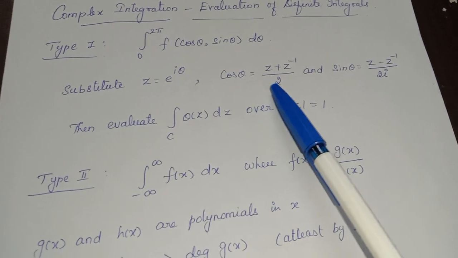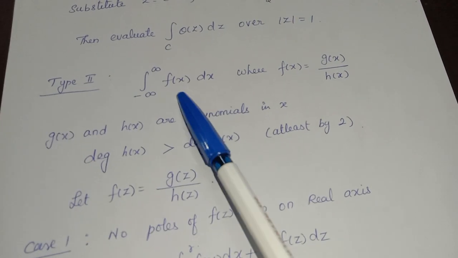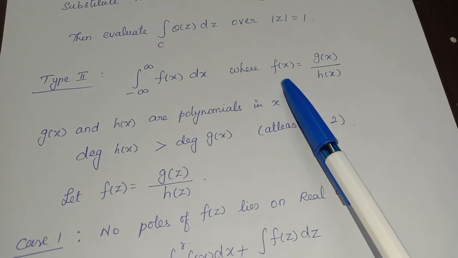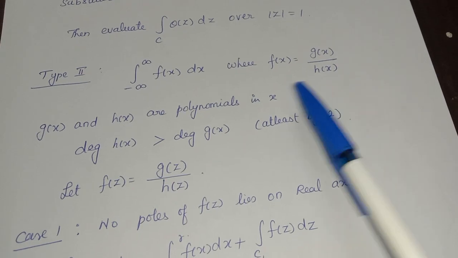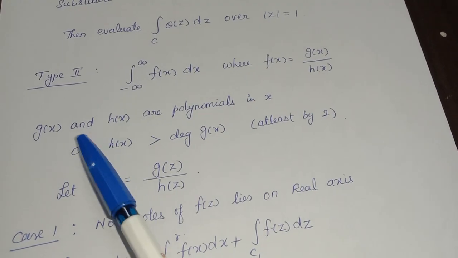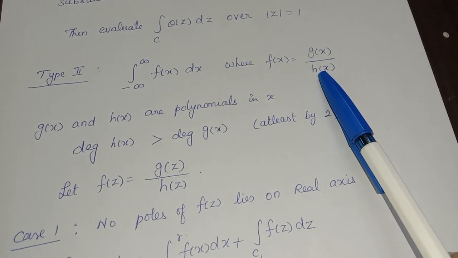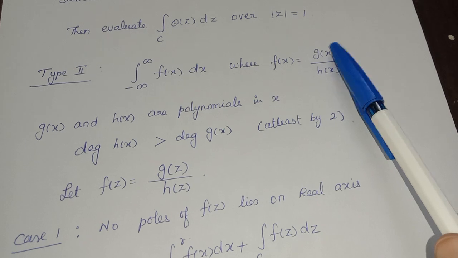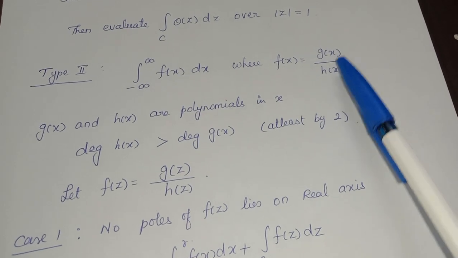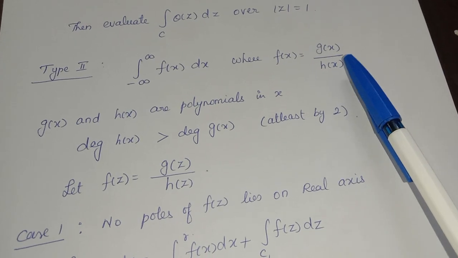Then the second type is integral minus infinity to infinity f of x dx, where f of x is the quotient of g of x by h of x. The condition is that g of x and h of x are polynomials in x and the degree of the denominator is at least 2 greater than that of g of x. That is, if the numerator degree is 3, then the denominator should be at least 5. Okay, 2 more than the numerator. In that case,